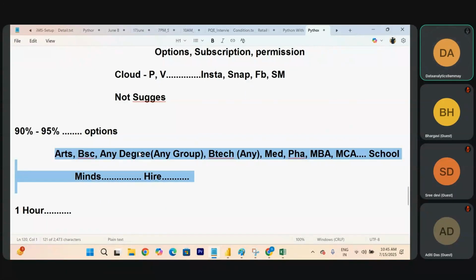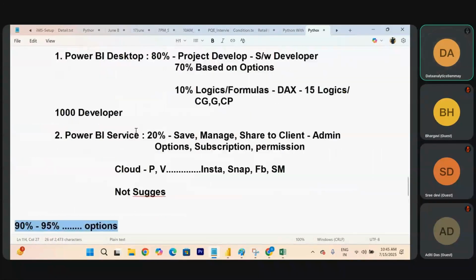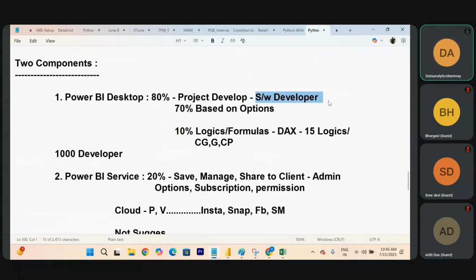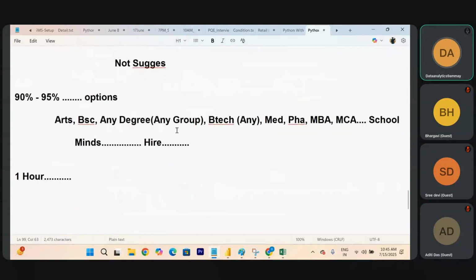Because this is deadly easy, you are becoming the software developer. Even non-IT is somewhat more difficult than Power BI, I can say that. Now our classes will be 1 hour every day. These are all the 90% options. You can complete our entire 1 hour class in 30 minutes, so simple. You are hyperactive. But it will take you a minimum of 6 months, or 1 year or 2 years, to get the job.